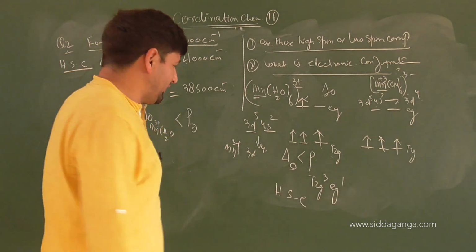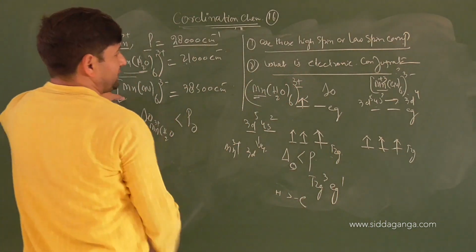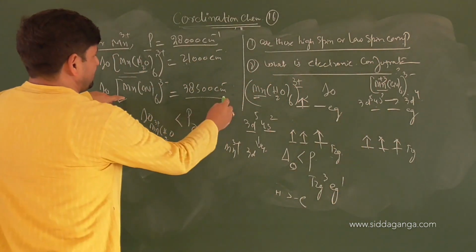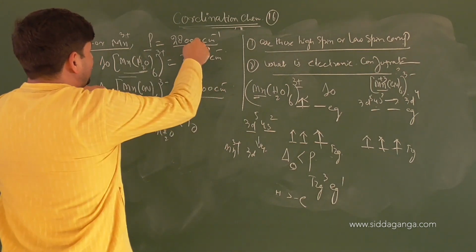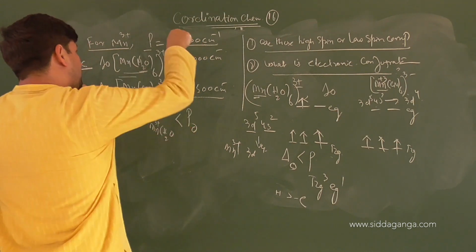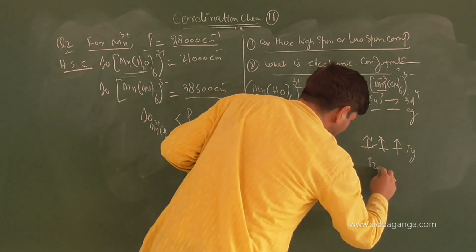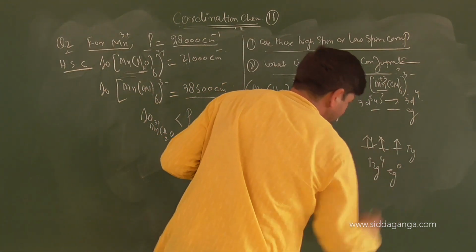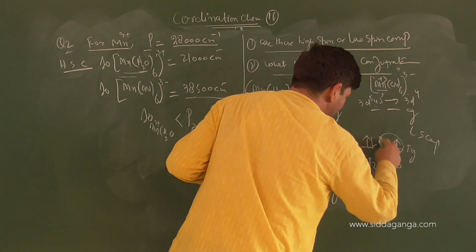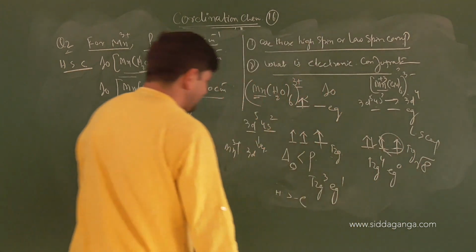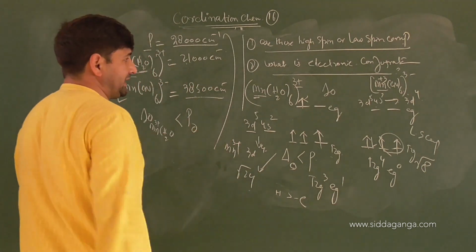Can you calculate CFSE for it? Yes, you can even calculate CFSE. But here, look at the CN case. What is the crystal field splitting energy? 38,500, and the pairing energy is less. So the crystal field splitting energy is more than the pairing energy. Then what will happen? The electron will pair up. So the electronic configuration will be t2g4 eg0, right? Will this be high spin or low spin? This will be a low spin complex. The magnetic moment associated with 2 unpaired electrons is root 8 and with 4 unpaired electrons is root 24. So with respect to this, you can calculate all these parameters.